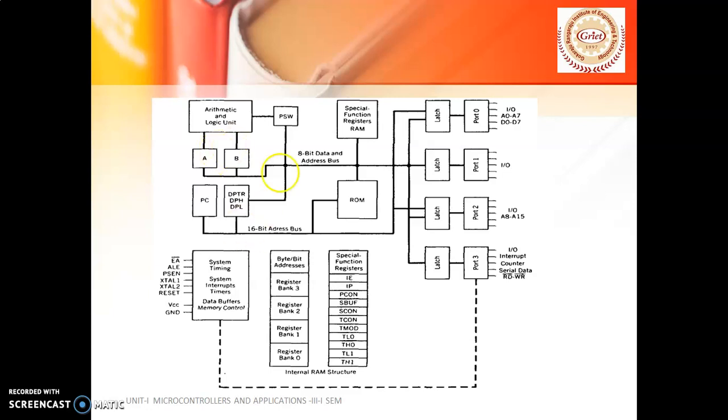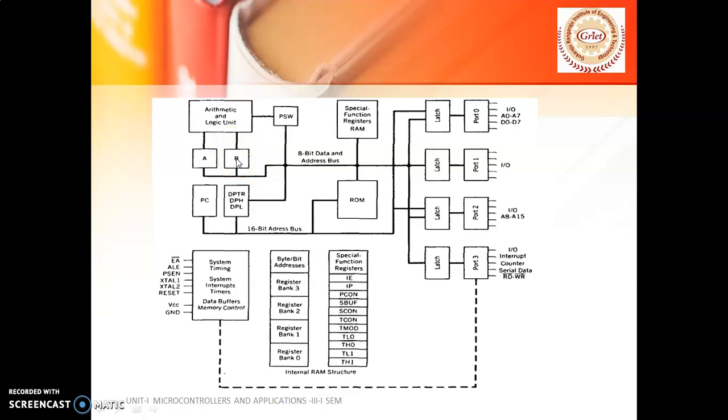The main purpose of using the B register is that when we multiply two 8-bit numbers, we get the result as 16-bit. But the size of A is only 8 bits. So the remaining 8 bits will be stored in the B register. Among the 16 bits, the first 8 bits will be stored in the A register and the remaining 8 bits will be stored in the B register. Similarly, let us take another example.